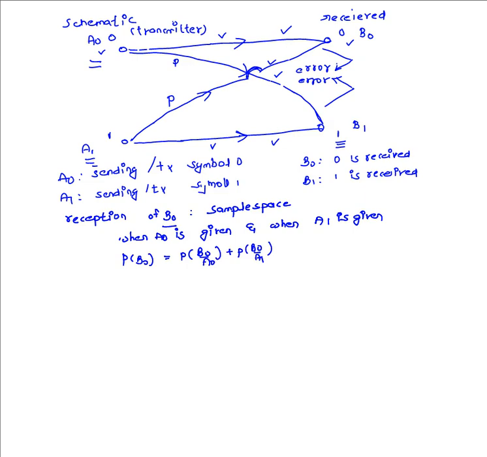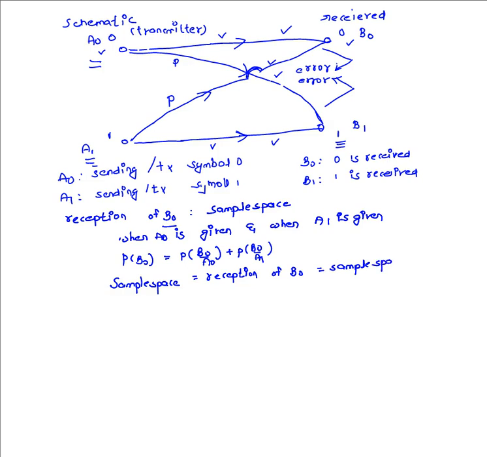And suppose the reception of B0, the reception of 0 at the receiver, which is given by the event B0, is itself taken as the sample space,